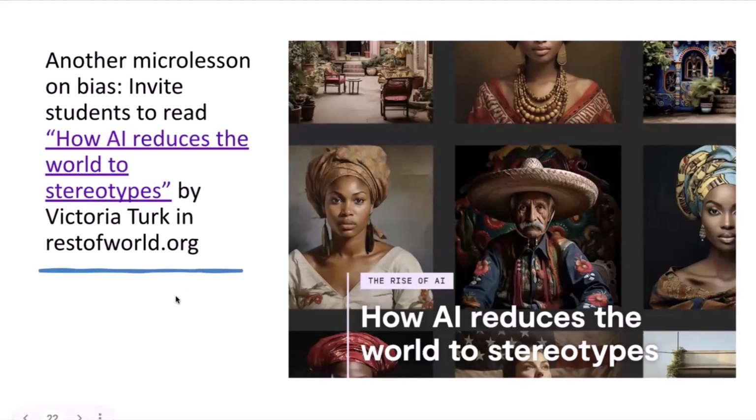And they did a whole bunch of experiments with different kinds of prompts. This could be a great springboard for students to experiment and to discuss, and just to have that image implant on the brain of, this is the kind of data that these systems are working with, and they're going to replicate these kinds of stereotypes and misconceptions.